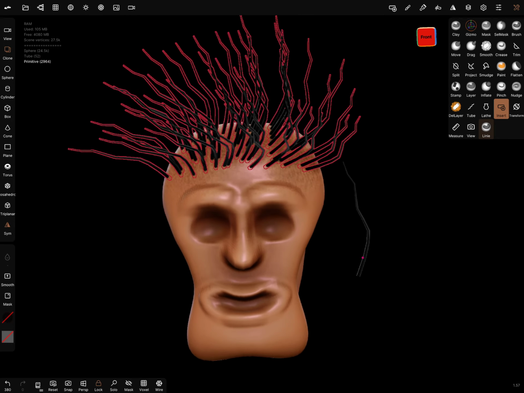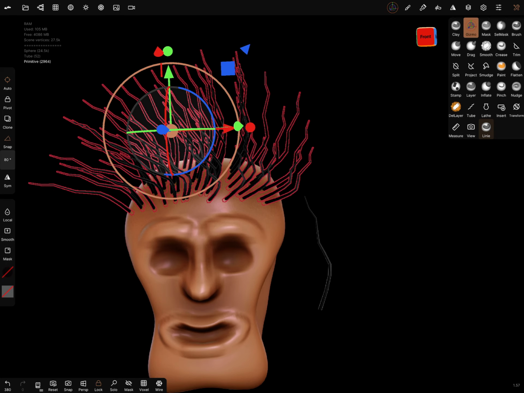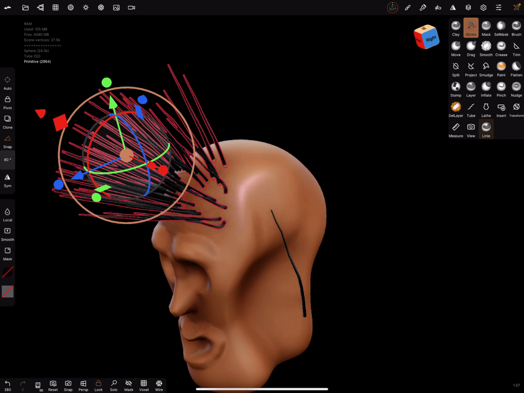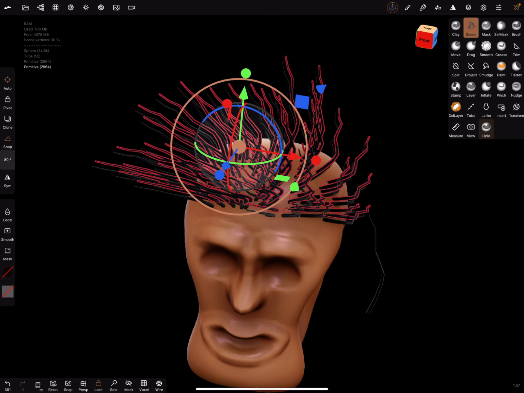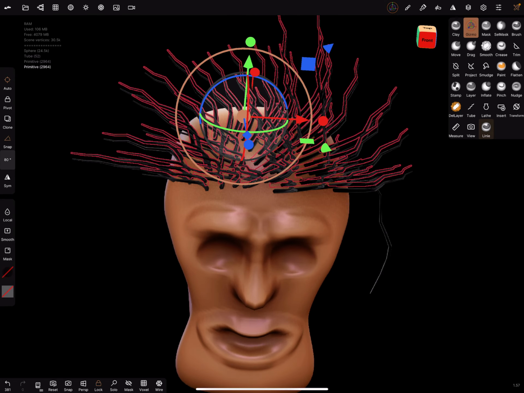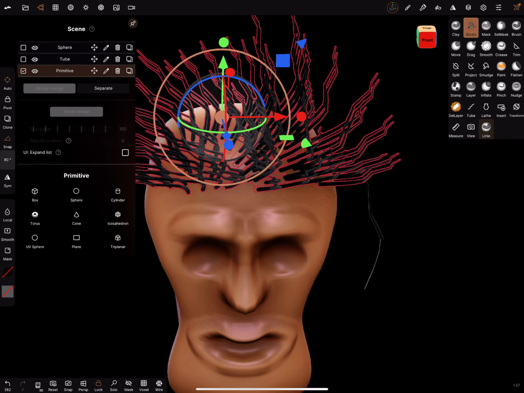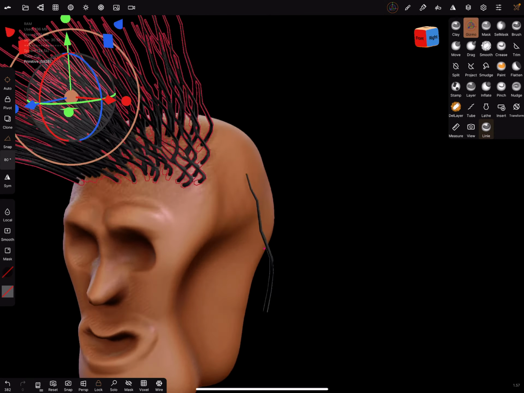Now you can use the copy function, or you can use the gizmo and clone this object and bring it in place. You can now make more hair when you like. And so on and so on.